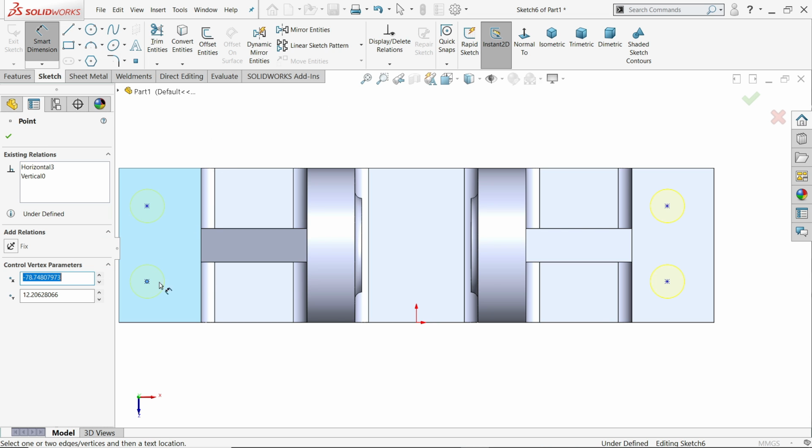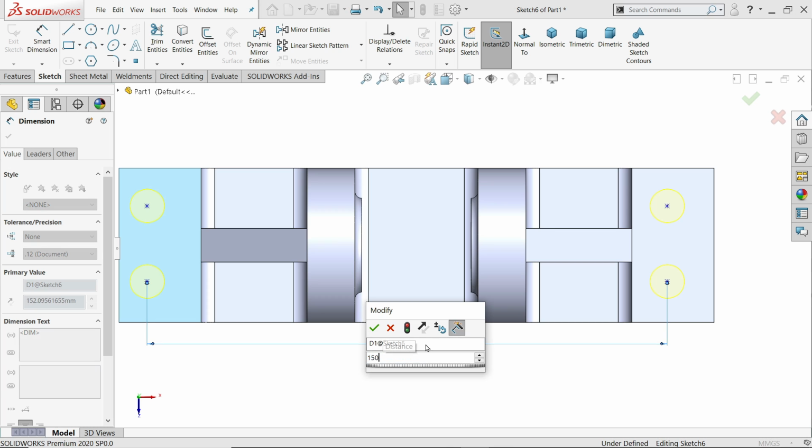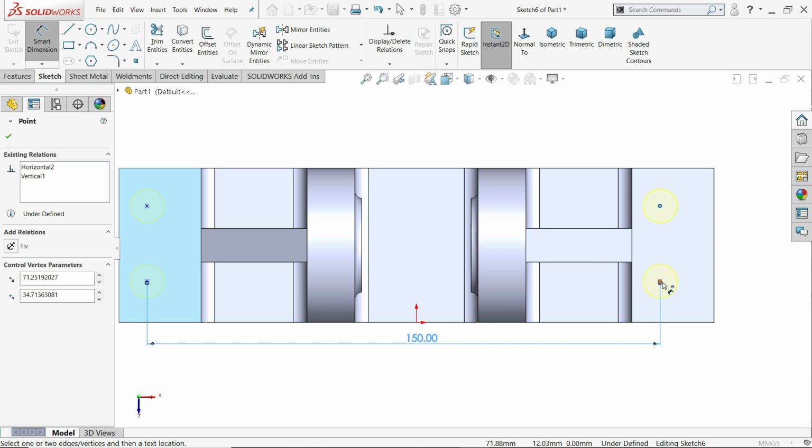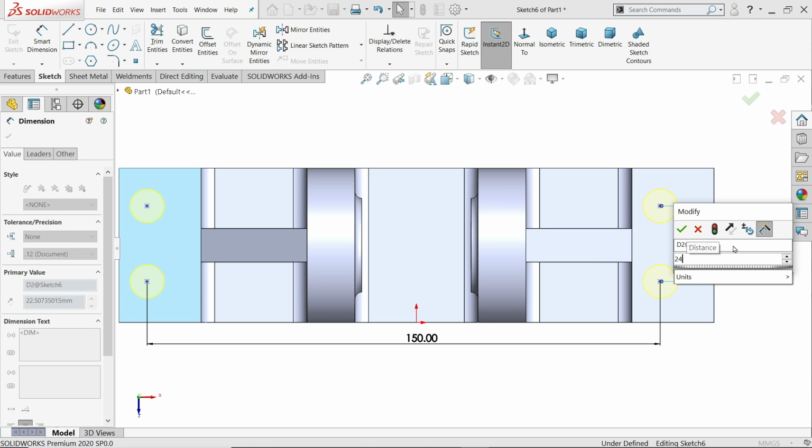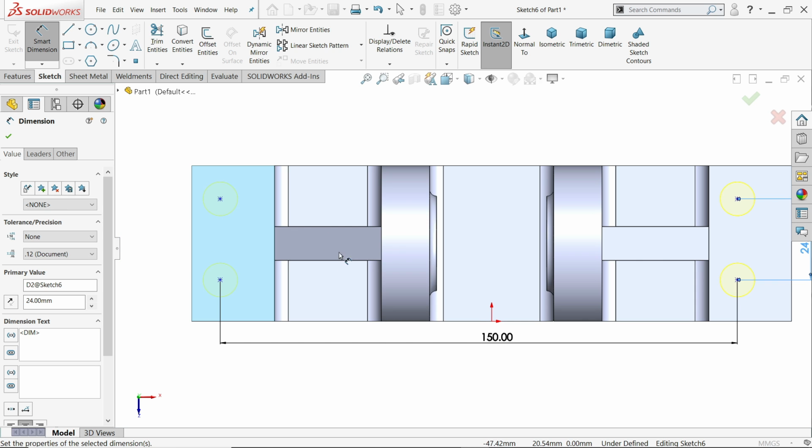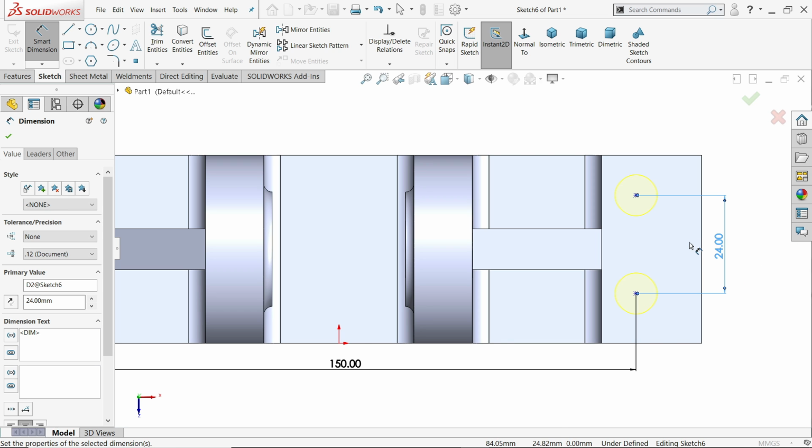Smart dimension, the first center to center distance 150. These two center to center 24, but this is at center position.